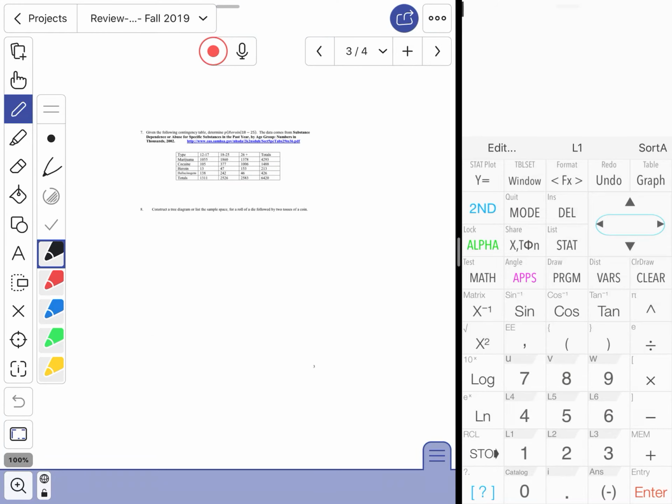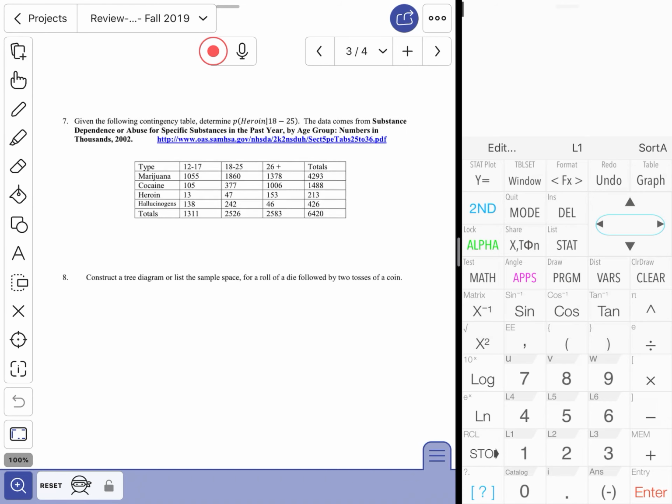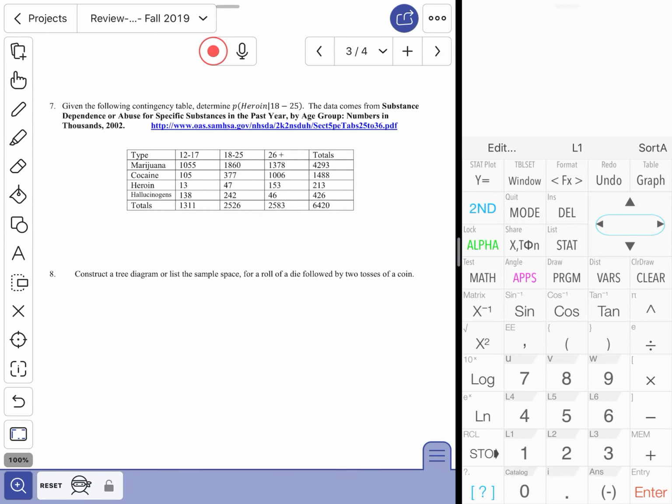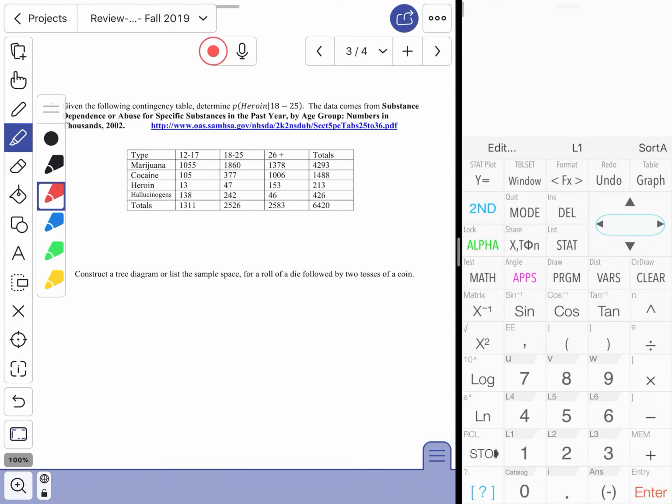Next one, very, very easy problem. Notation makes it seem like it's more challenging than it really is. So we want to know the probability of selecting heroin given that the category is 18 to 25. So the given is where you're living. Given is where you're living. So only within this category am I looking for individuals who,